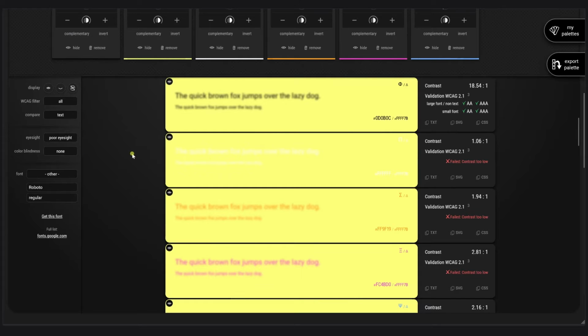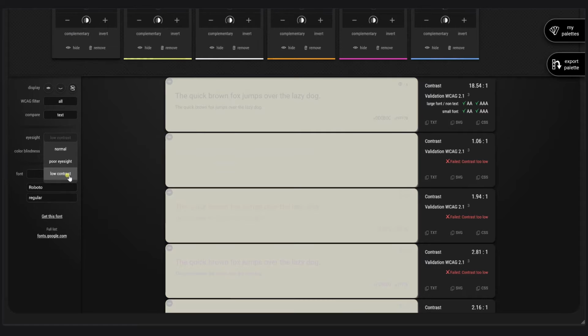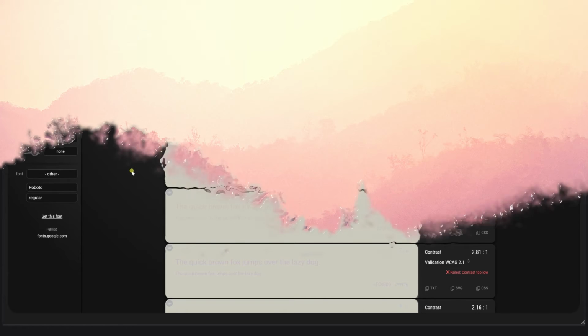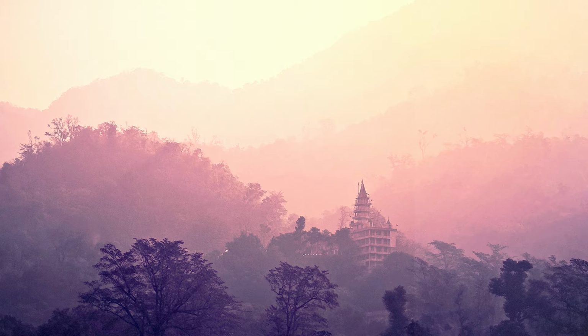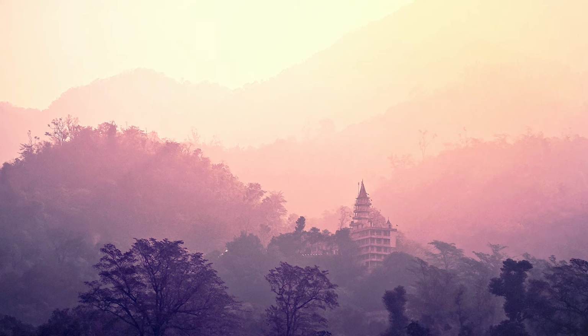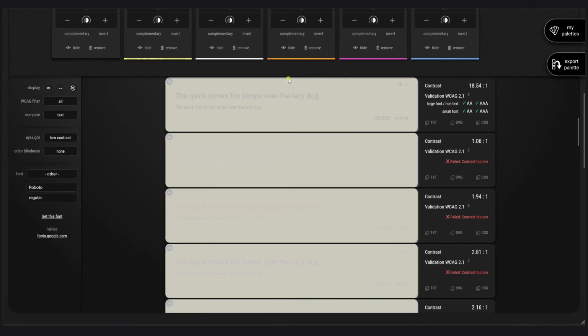You also have another kind of disability. Low contrast problems. Some people see with very low contrast, meaning that they see neat images but very poor contrast. For example, looking at a forest, they can see the trees, but they cannot distinguish the mountains from the sky. This is something that maybe you experienced already as well, when watching a poor quality screen, a poor quality projection, or something like that. At some point, you cannot even read what is on the screen anymore. So it helps you also to simulate if the contrast is strong enough.